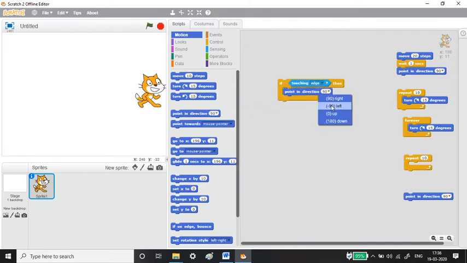If my sprite is touching the edge, then point minus 90 degrees. Let us click and see. It touches the edge, so it turned to minus 90 degrees, which means if it passes the condition, then it does the job. That is what this block palette means.